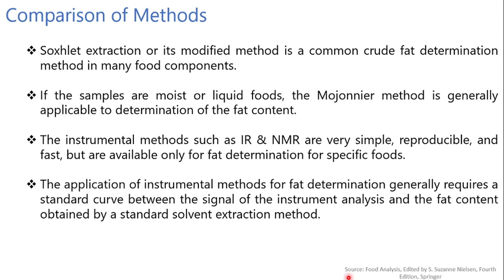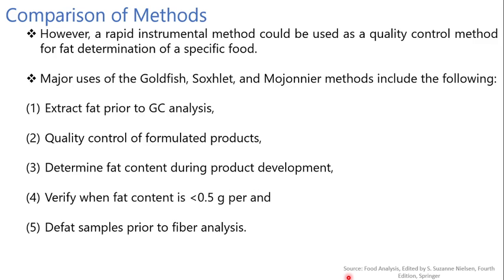The instrumental methods such as IR and NMR are very simple, reproducible and fast, but are available only for fat determination of specific kinds of food. So it is not applicable for all kinds of food. That's why this is one of the limitations of instrumental methods. Then the application of instrumental methods for fat determination generally requires a standard curve between the signal of the instrument analysis and the fat content obtained by the standard solvent extraction method. However, the rapid instrumental methods can be used as a quality control method for the fat determination of a specific